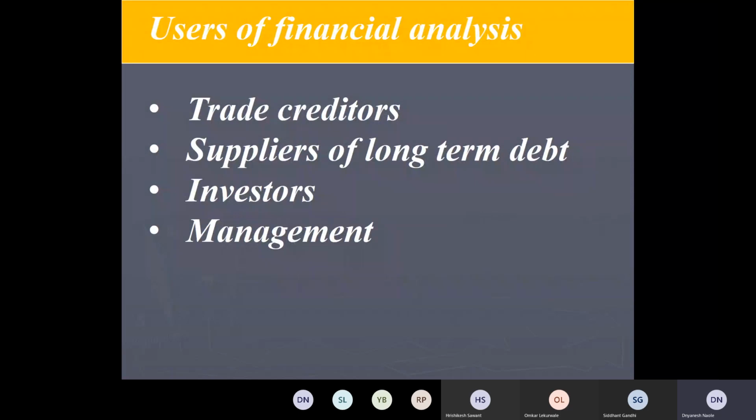Okay, so if that track record is very good for that particular company, then that company won't face any issues in getting long term debts, which spread over a number of years. Okay, like banks, if they approach, if these ratios, which are called profitability ratios and which measure the ability to meet the long-term debt obligations, are good, then they won't have any problem. Okay, so there are ratios which the bank will look into to ascertain whether they should be giving a loan to this company or not.